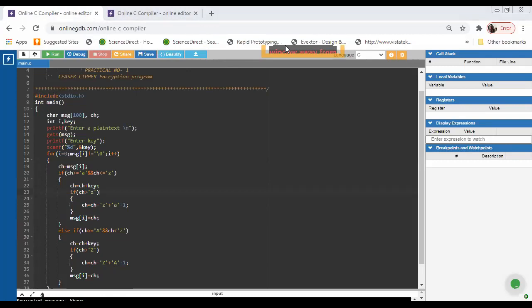Those who finish the program can write it into the chat box.